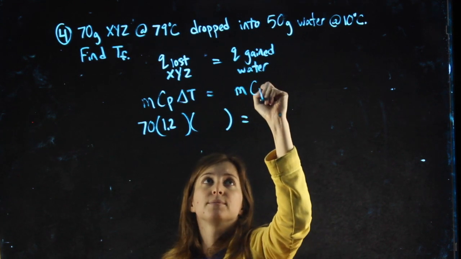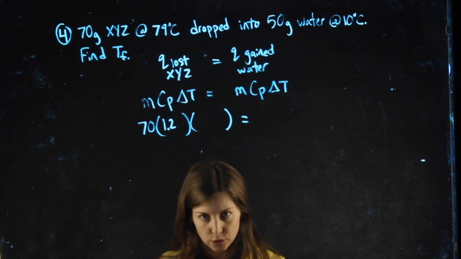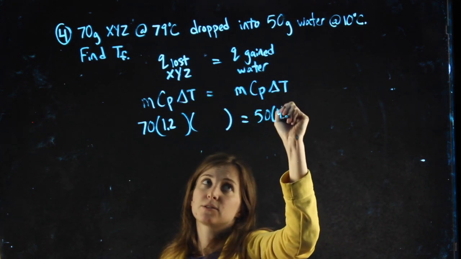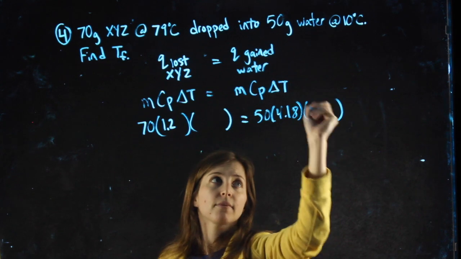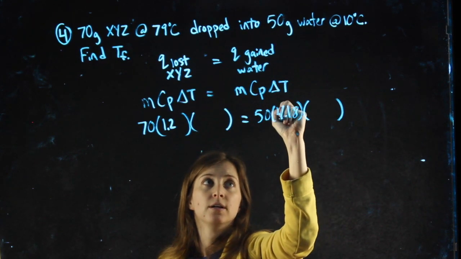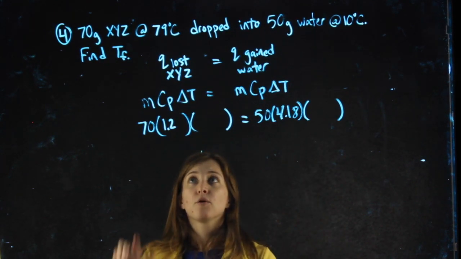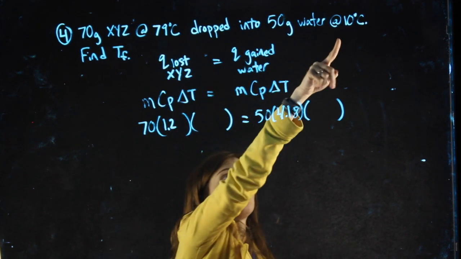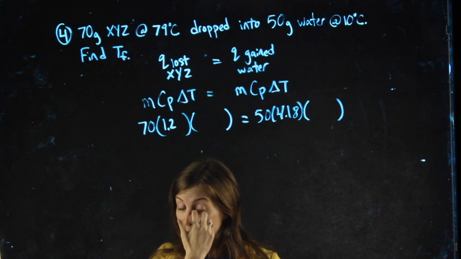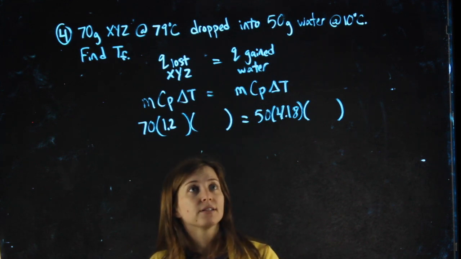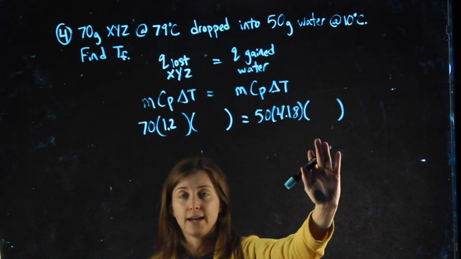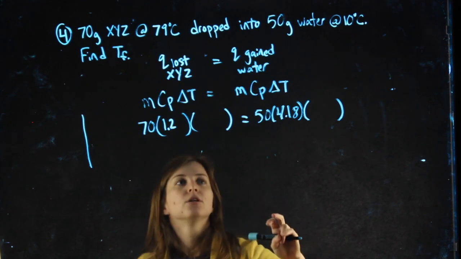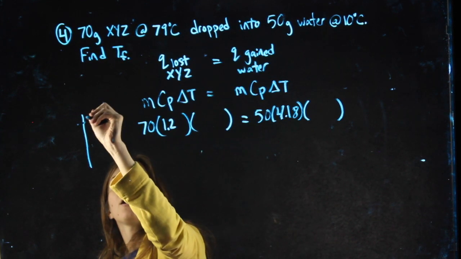The water, MCP delta T, is also going to change temperature. 50 grams of it, CP is 4.18, and it will change temperature. Now, intuitively, we know that the hotter object is going to cool down, and the cooler object is going to warm up. How I have always solved these, when it's heat lost equals heat gained, that's when I like to incorporate a thermometer where the hotter object